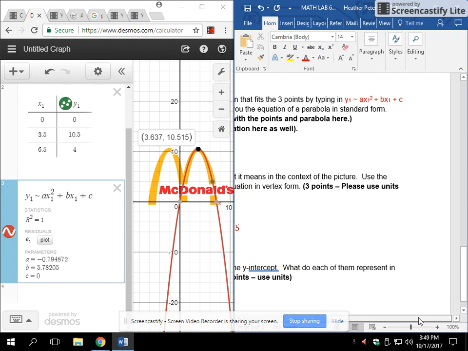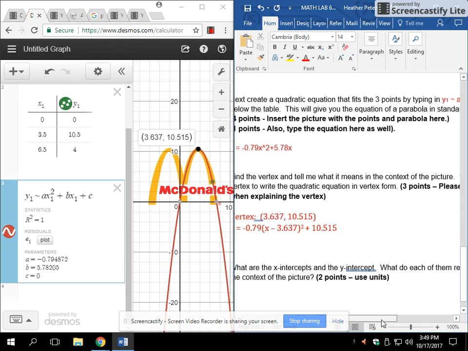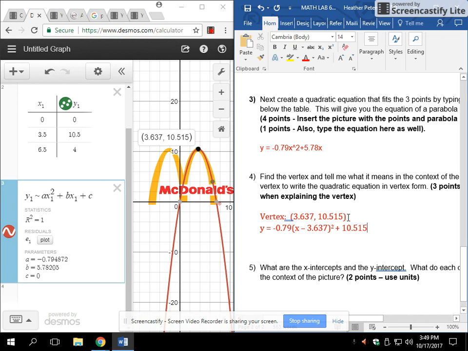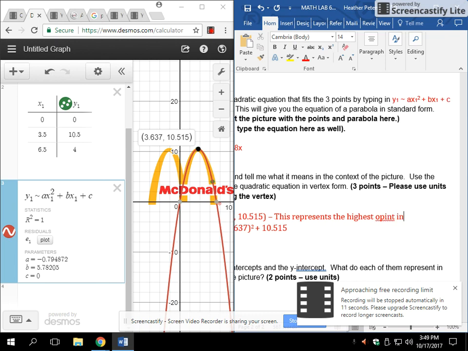Now, don't forget to read the directions because it says find the vertex and tell me what it means in the context of the picture. So just tell me what the vertex represents. The vertex represents the top of my McDonald's arch. So I would put this represents the highest point in my